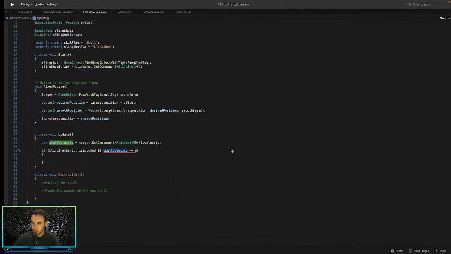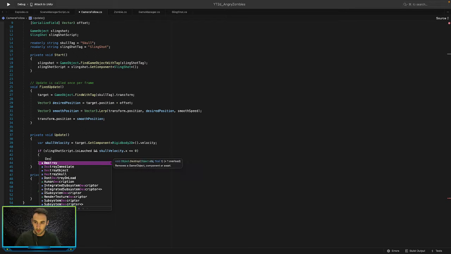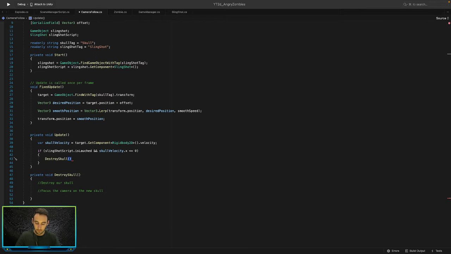So let's say velocity.x is equal to 0. Okay, that's fine. Yeah, so we'll leave that for now. If that is true, let's just call our destroy skull method, and then just to test to see if this works, let's say Debug.Log